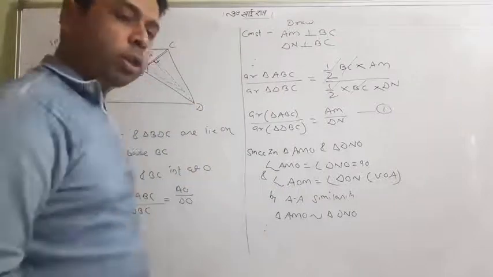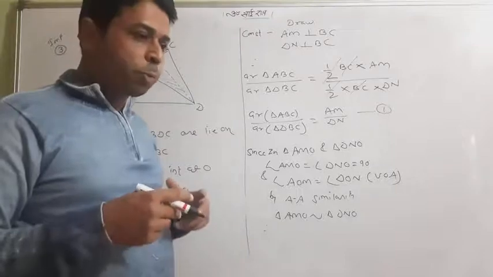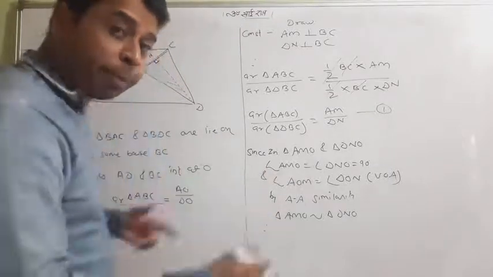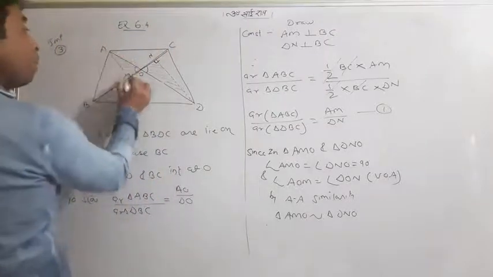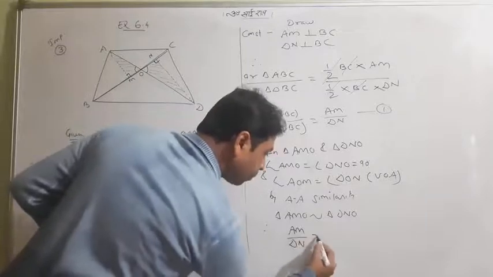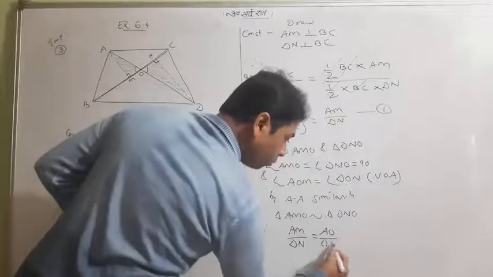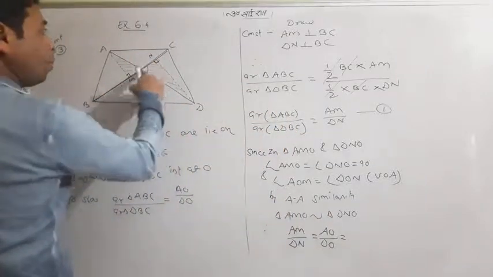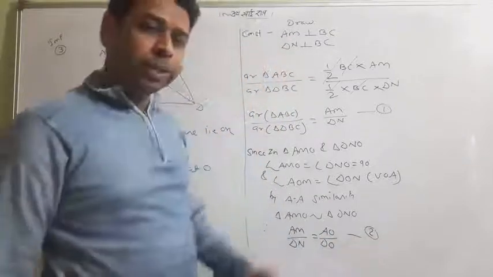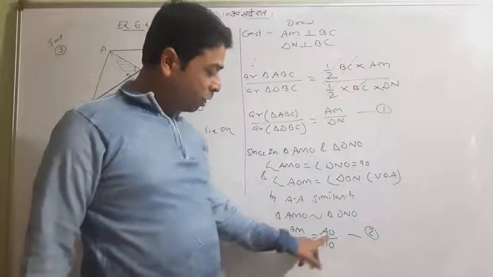And what will happen when two triangles are similar? You know, all corresponding angles are equal, and all sides are proportional. So sides are proportional, very good thing it is. So AM upon DN, what will we write? AM upon DN is equal to AO upon DO, and equal to MO upon NO, which I am not writing. I just want to work on these two. This is AM upon DN, which can be written as AO upon DO.